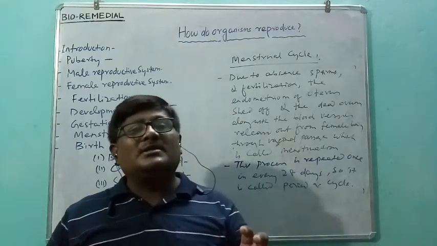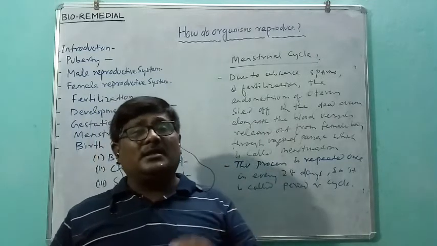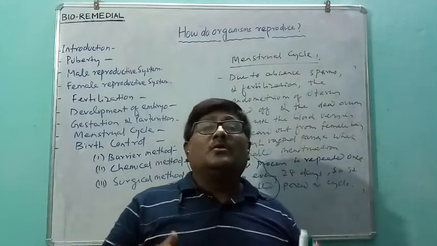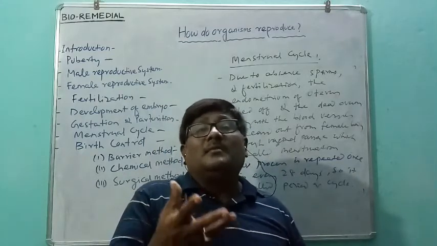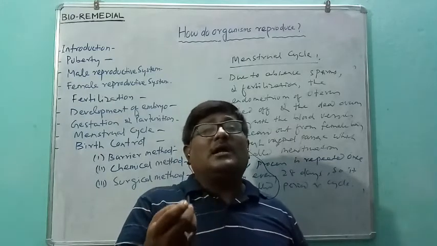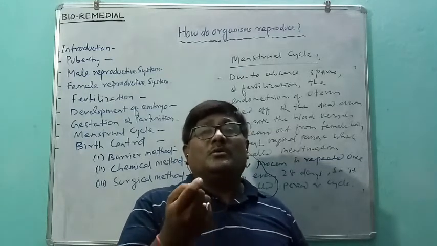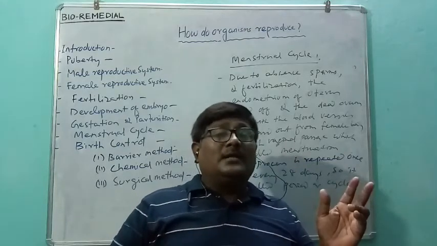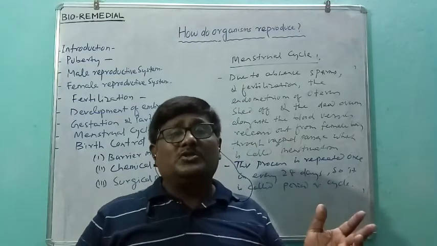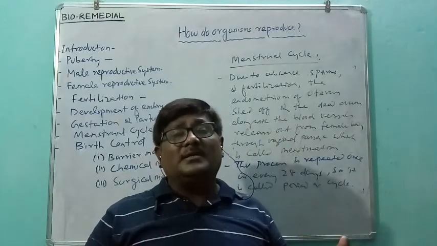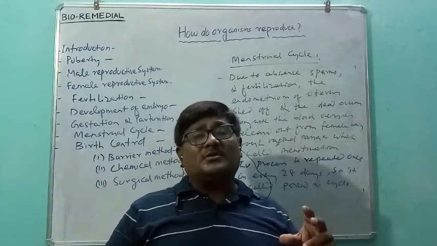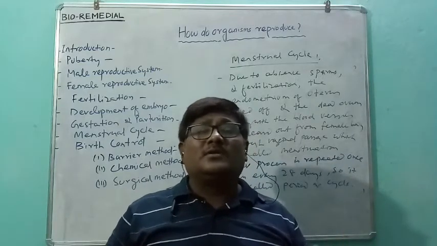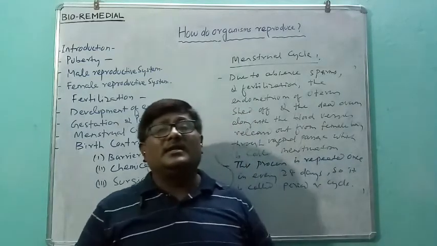Then it will take time. On the 14th day, counting from the date of menstruation as day 1, the follicle will be completely mature and it will burst out, and one matured ovum is released. Then it will wait for 1 or 2 days at the fallopian tube, then it will die or be damaged, and the uterus lining will be shed. Then another 14 days it will take to set up again. So the entire 28-day cycle will continue.